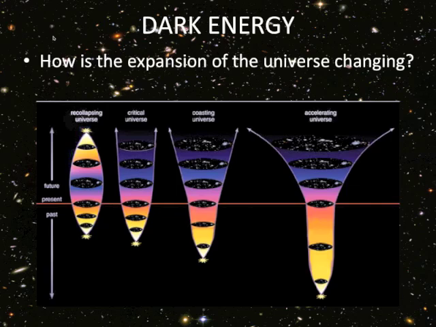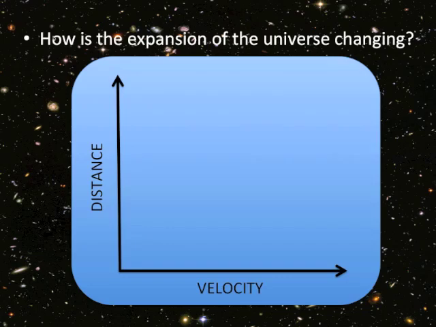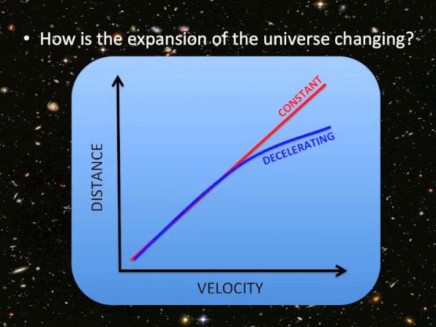How do we go about measuring this, right? So this is fairly simple to measure. If you remember Hubble's law, it was a relation between the distance and the velocity of galaxies, right? So if the universe expands always at the same velocity, you just expect to see a tight relationship between the distance and the velocity of galaxies. That would look something like that. Now, if the universe was decelerating, that means that faraway galaxies that you see at earlier epochs in the universe should appear to be moving faster because the universe was expanding faster in the past, right? It is decelerating, it's expanding slower and slower and slower.